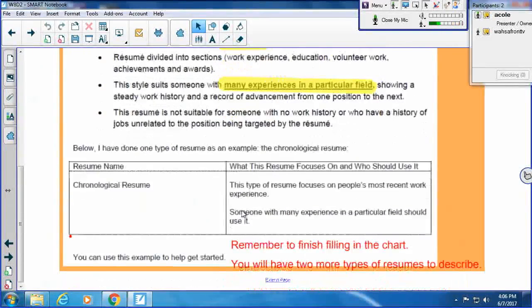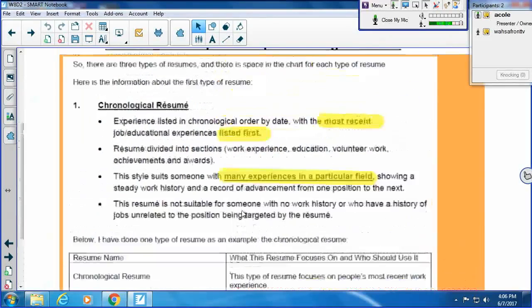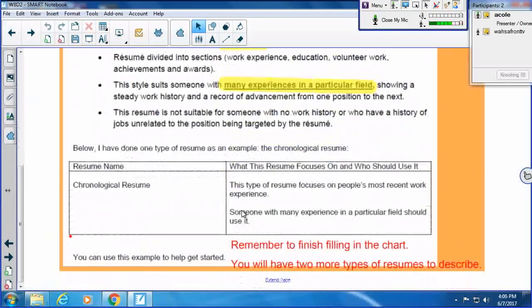In other words, someone with a lot of work experience with one kind of job or field. That person should be using a chronological resume, especially if they want to stay in that field of work. A chronological resume is great because it will show exactly what they've done in that field of work over time.